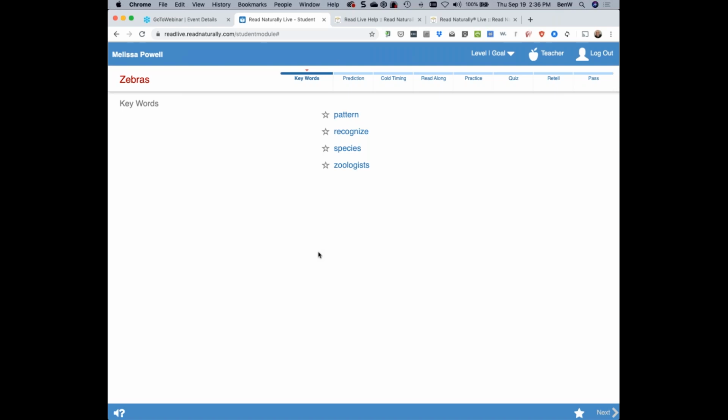And if you do turn off a step, the progress bar on the screen will indicate that that step has been turned off. In the lower right-hand corner, you can see the next button is dimmed, so students cannot move forward until that next button has been made available, and that won't happen until they've completed the objective for the screen that they're currently on. So in this case, I have to click on each one of these key vocabulary words and listen to their